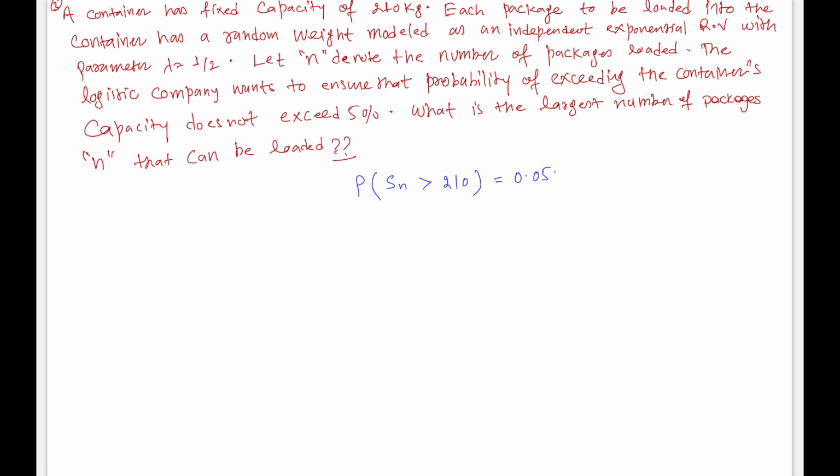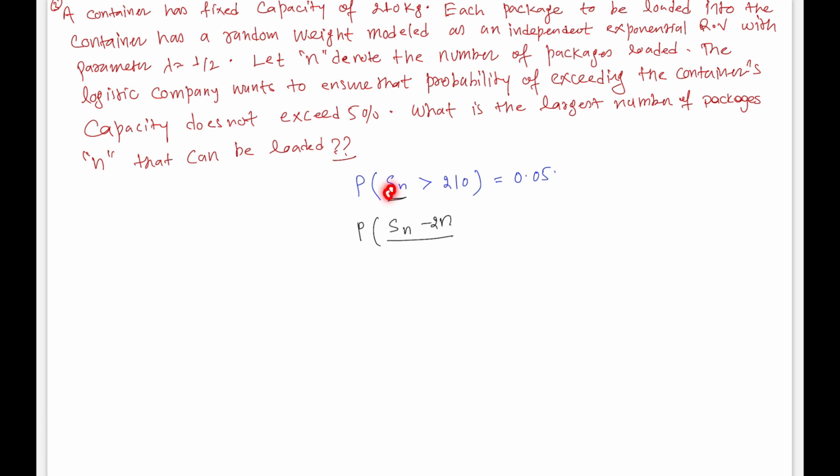Again, we are first going to make the standardized version of this random variable. In order to do that, we subtract the mean, and the mean will be n times 2, because n is unknown. Because 2 is the expectation of one single exponential random variable, and we have n such random variables, so